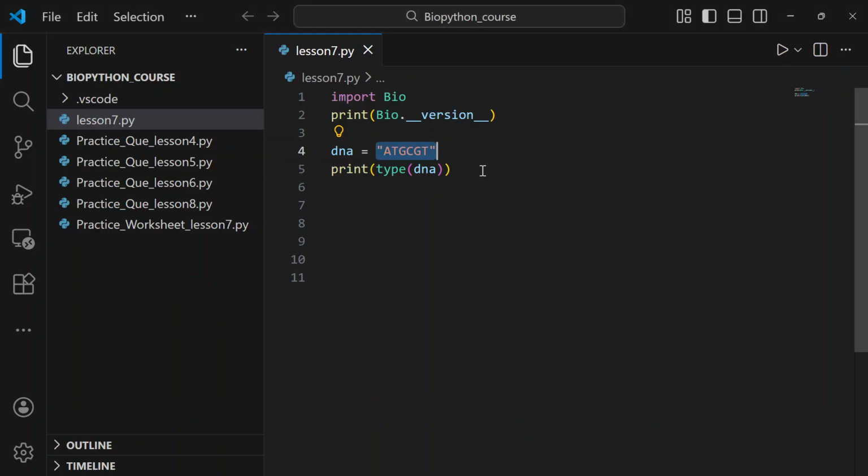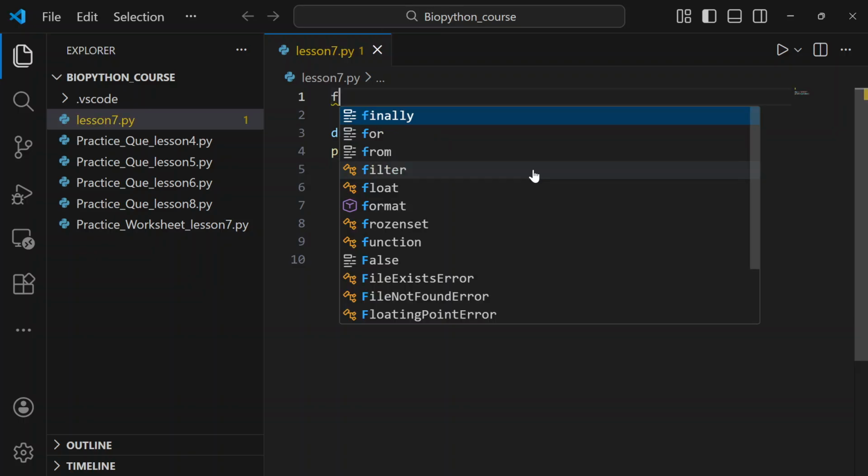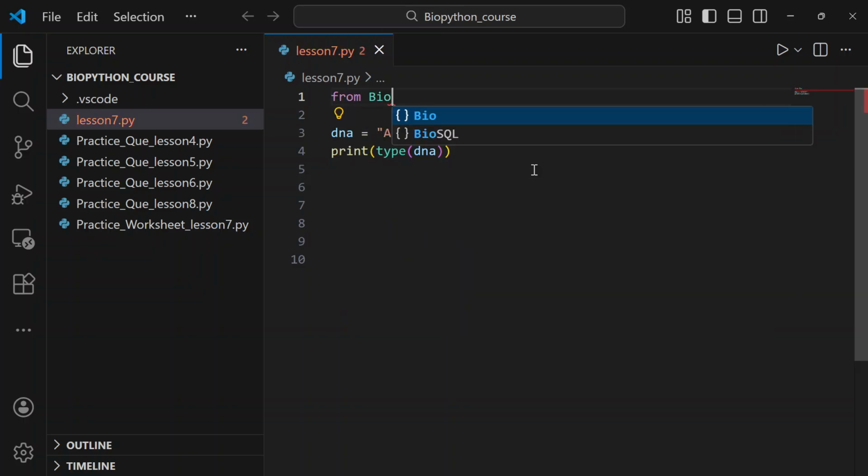Now, by writing the code import Bio, we imported the whole Biopython package inside our Python file. But today, what we actually need from the Biopython package is the sequence tool. So just like we imported Biopython in our Python file, in the same way we will import the sequence tool. To import the sequence tool, we will write here: from Bio.Seq